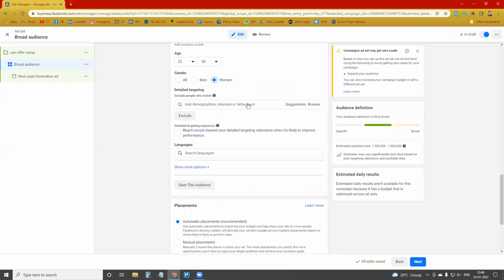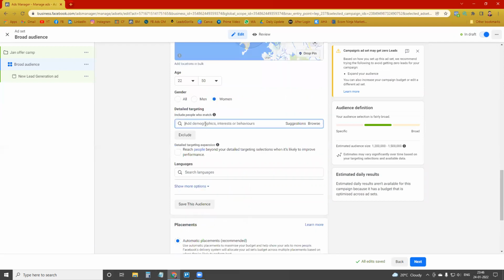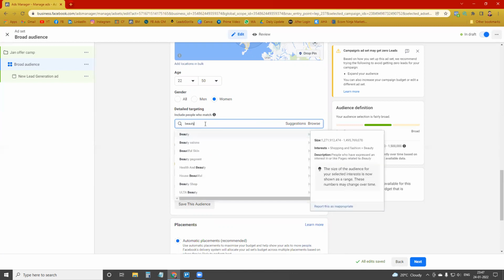Okay, and then detail targeting. This is more like laser focused traffic. Let's suppose we want people who are interested in beauty, right? So beauty.